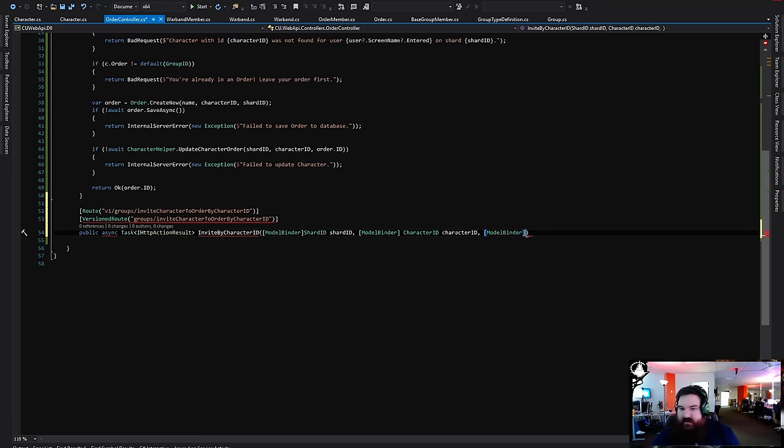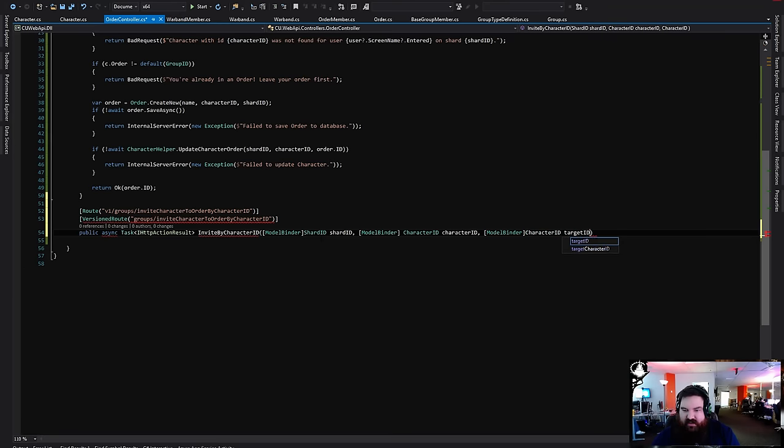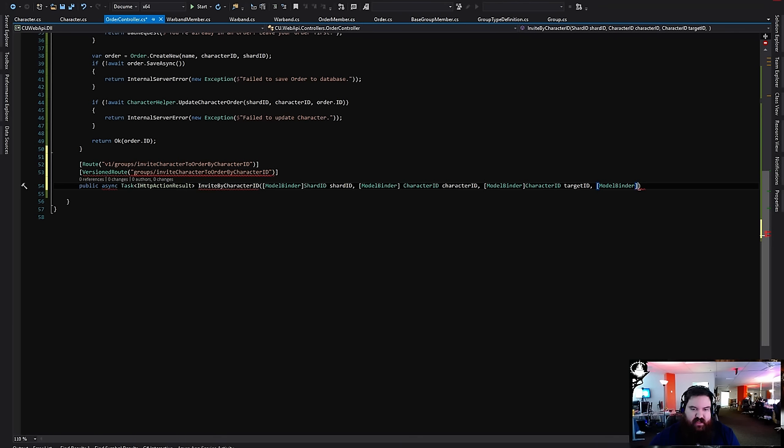Alright, so character ID. What's up, Narth? Target ID, and so that's your target. And then the group ID, which, by the way, the model binders are things that I wrote so that they can accept them as query string params.